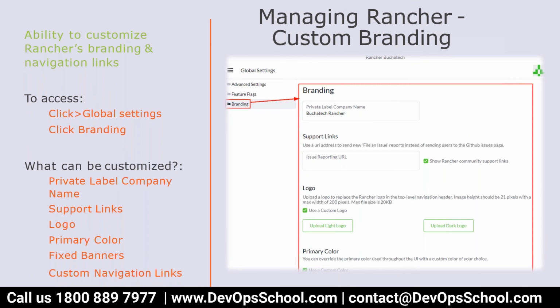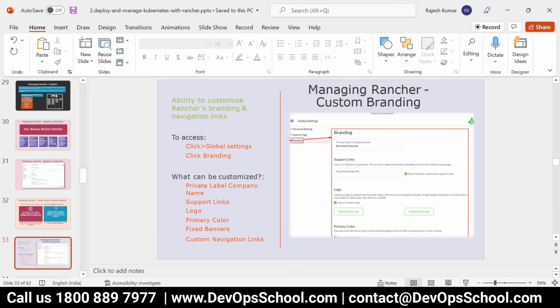You can also use Rancher for customizing the Rancher branding and navigation links. Branding means things like your company name, links, logo, colors, and all stuff like that. Let's say you are working for Adobe Systems, for example, and you want to represent Rancher for Adobe. So how do you set up those branding information? What you have to do is, let me show you. You have to go to